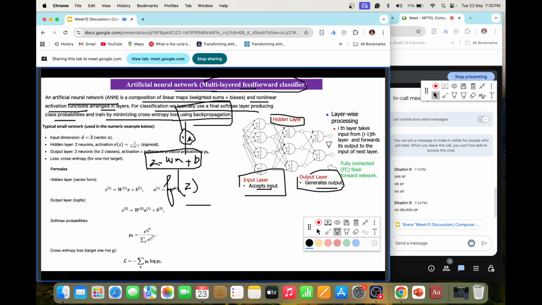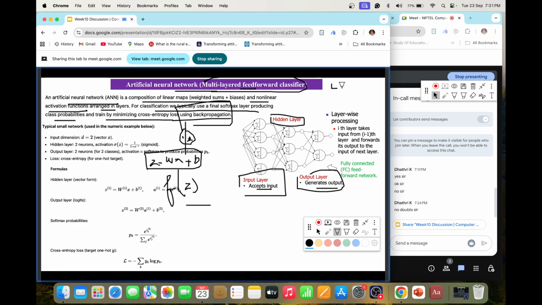If it is a classification problem, then we use this softmax function. Okay, so this is the first thing that you should remember. Second thing is regarding the loss. Okay, how can we say that loss happens or not? Okay, so loss is calculated by, if it is a regression problem, then loss is calculated by